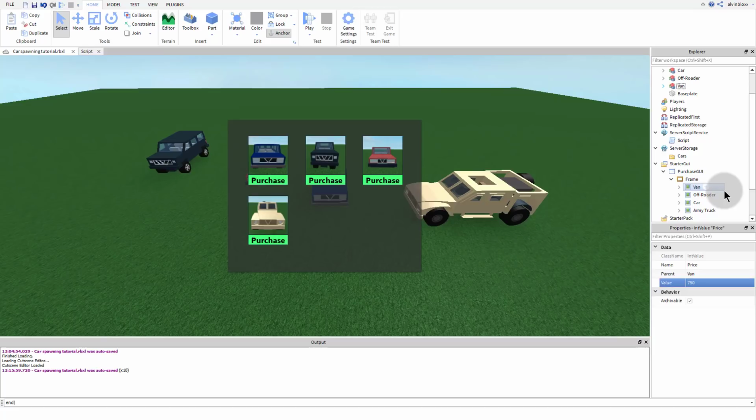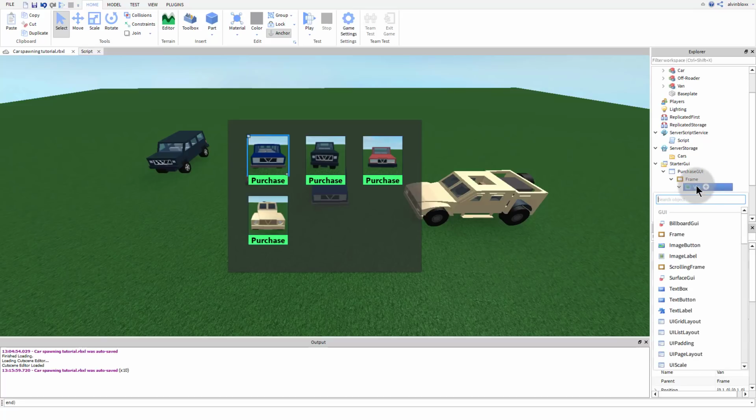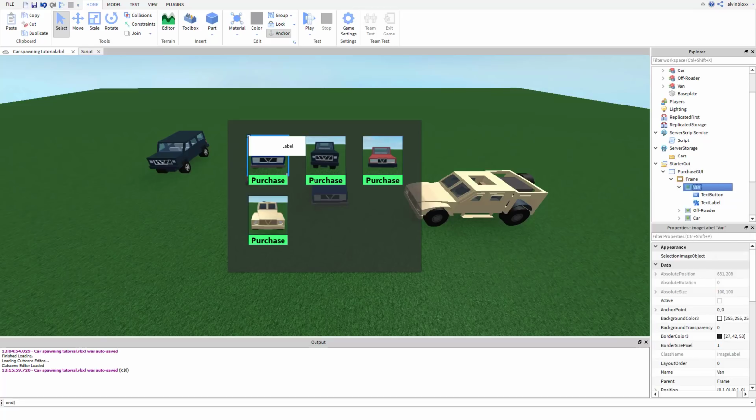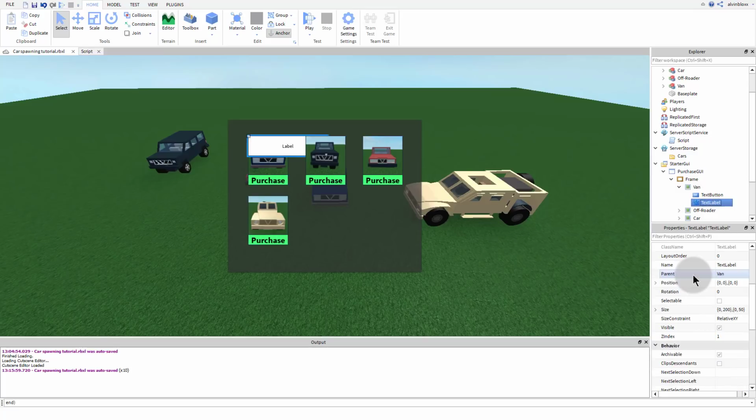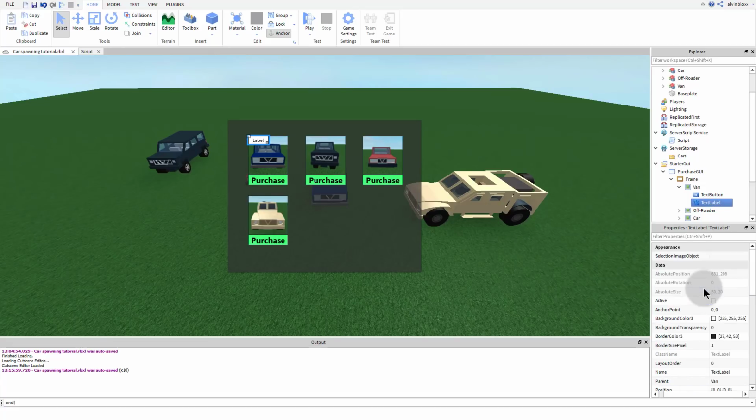and their price int value has been added into the cars. What we need to do now is we need to put a text label into each image label which shows the price of the cars. Okay, so we're going to just change this to 50. And we can set this one to 20. I'm going to change the background transparency to 0.5 and I'm going to click on text scaled.